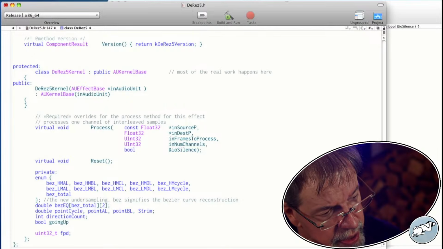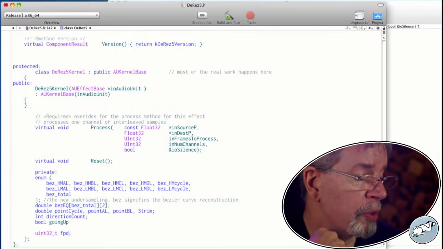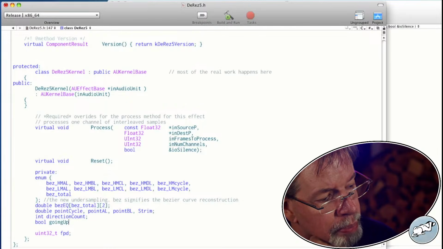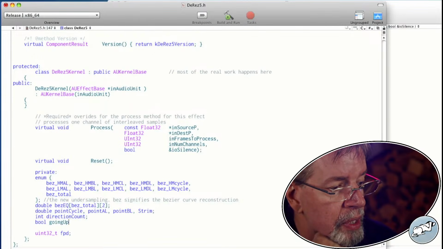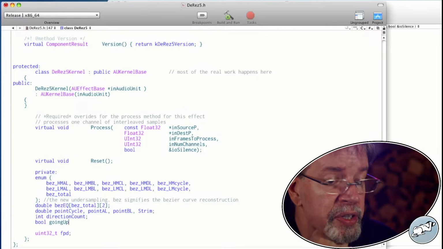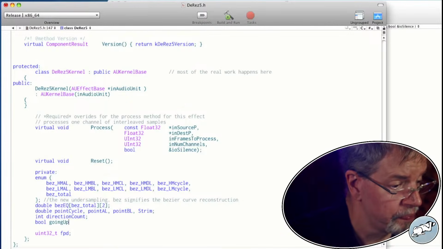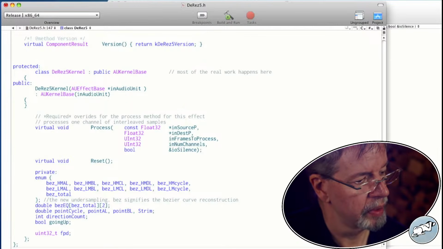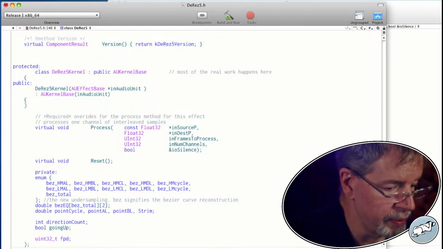We'll reset direction count. We'll increment it every step of the way. And we've got bool set to, is this case true? We're going to need a previous sample. That's what we're going to need. Without one, we can't do this. Typically, I call that last sample. We'll call it last sample.